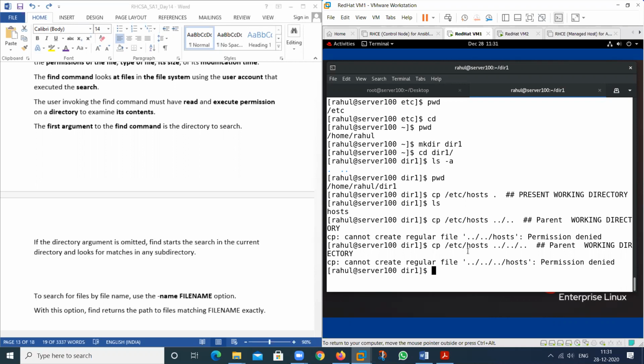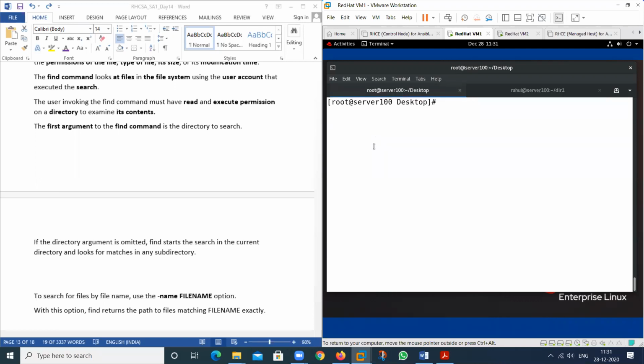So see, if I type this particular command, in this location, I am creating a folder. The folder name is -pv /d1, again /d2, again /d3, again /d4, again /d5.